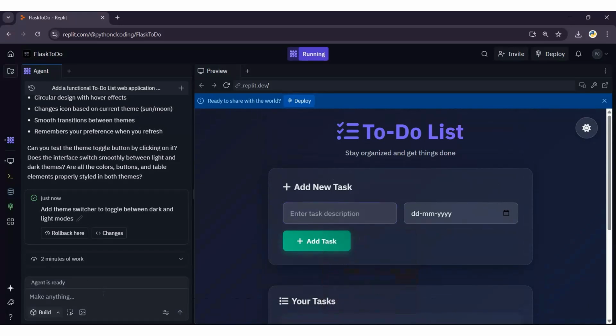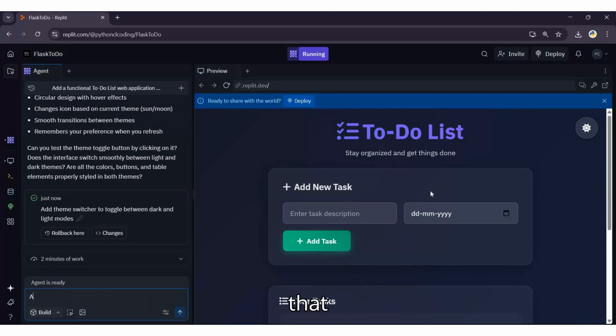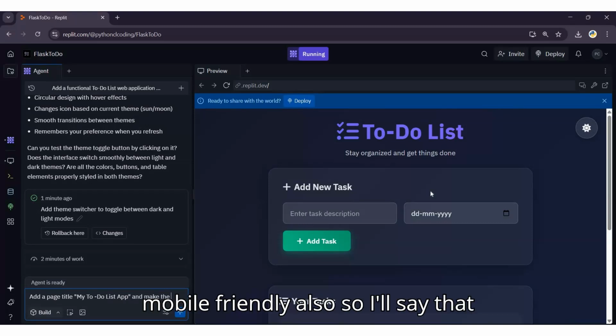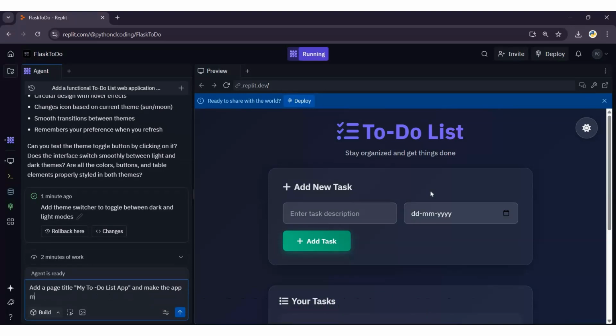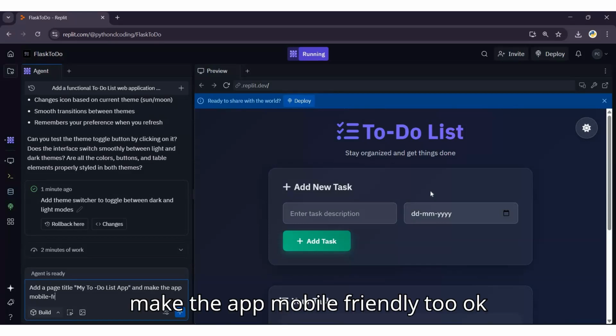Now I'll give it the final touch. In the final touch, I'll write a prompt: add a page title, my to-do list app. And I'll make it mobile friendly also. So I'll say, make the app mobile friendly too,